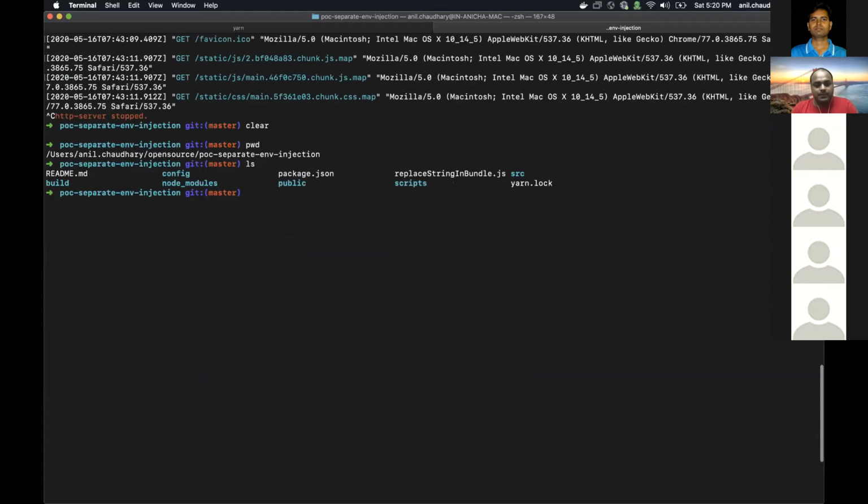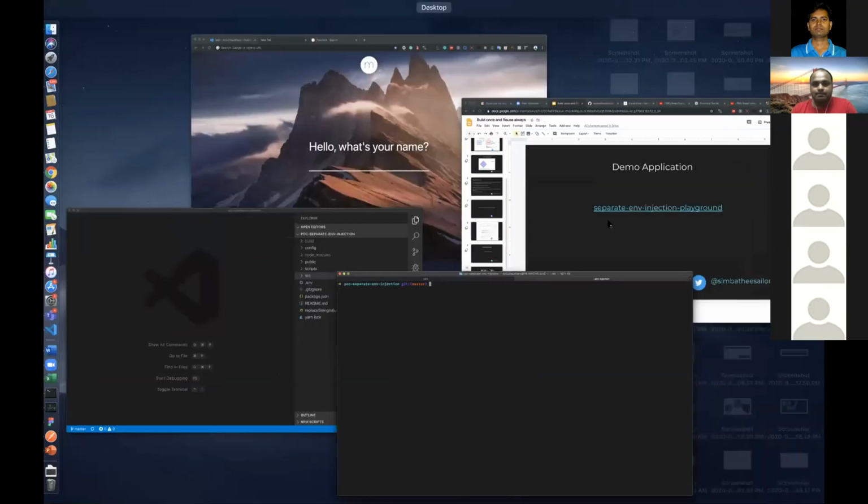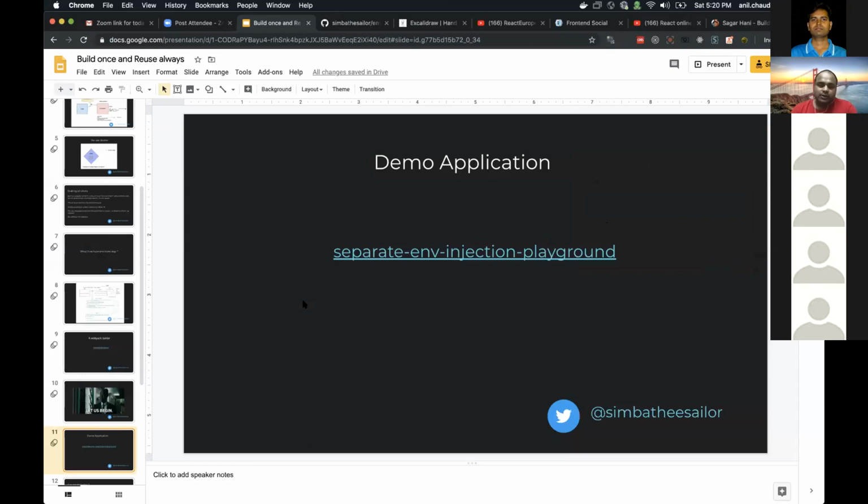Just one clarification: you are not using the Webpack compression plugin to compress and make the zip, right? Yeah, I'm not. I'm just building it to make the skeleton out of it, then replacing it with the environment variables, and then zipping it. I'll talk more about that in the section on what things can be done better here.